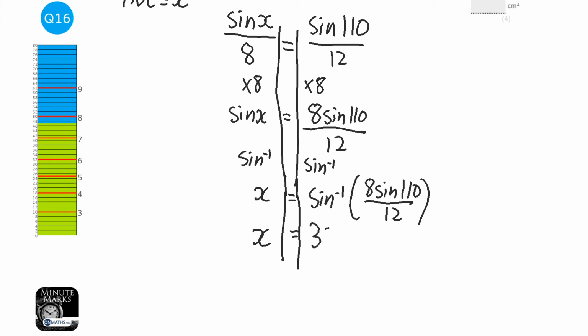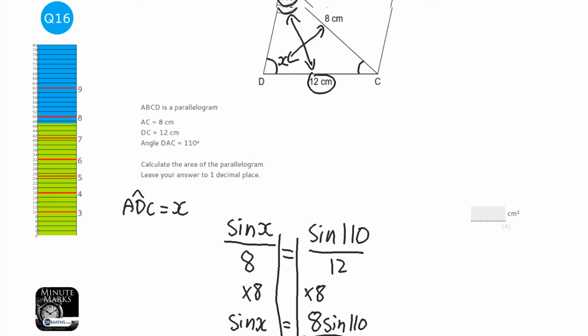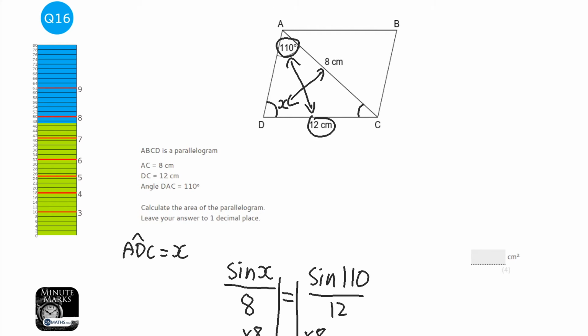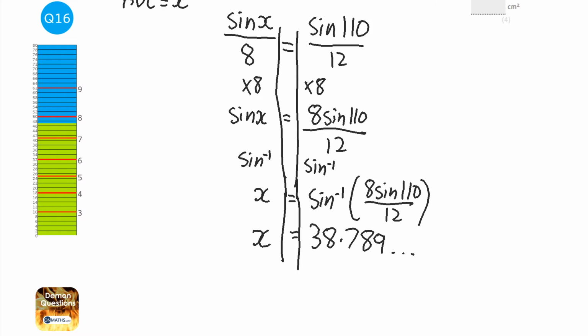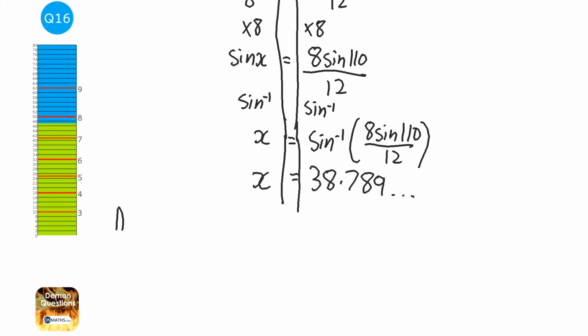is 38.789 and so on. Now I want to keep the accuracy if I can, so I'm going to keep that in my calculator, and then I'm going to add that to the 110 to work out what this angle here is, and I'm going to call that Y. So what is this? ACD. So I'm going to tell the examiner that I'm calling ACD Y, just to make it a bit easier. So Y equals